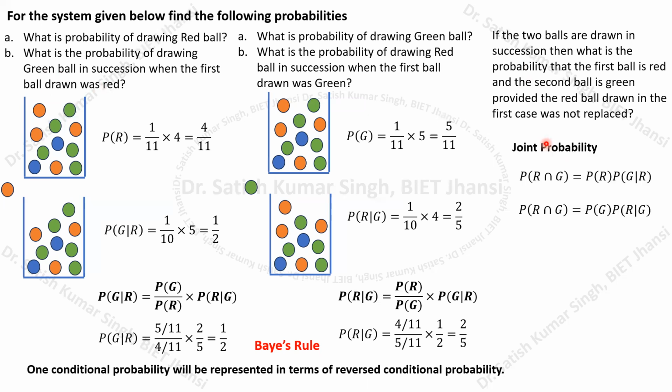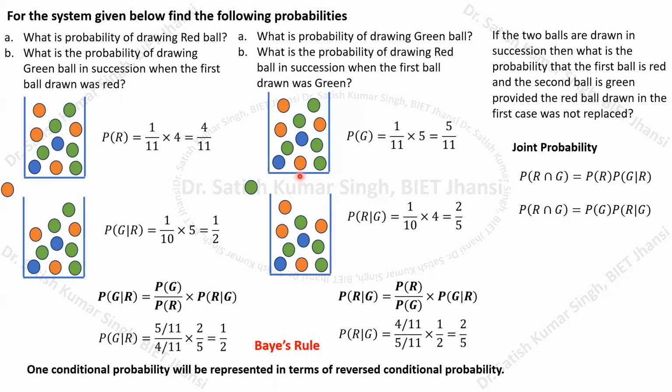So here you can see we can define this joint probability, right? And that joint probability will be defined by this particular equation, probability of R intersection G. Okay, and that will be the first case. We know that the first case, drawing the red ball, is the probability of drawing the red ball. And again, in the second case, it will be multiplied with this particular probability. What is the probability of it? It is the conditional probability of drawing the green ball when in the first case the red ball was already drawn. So this is the actual probability. Okay, and that you can calculate here.